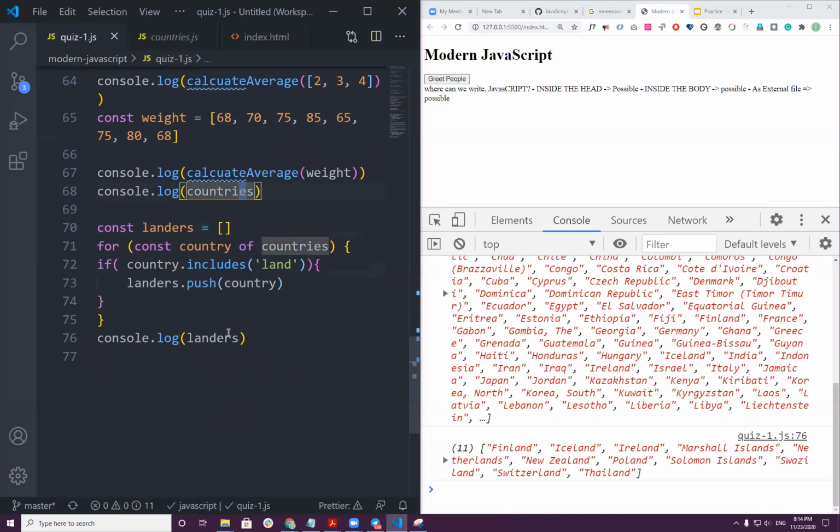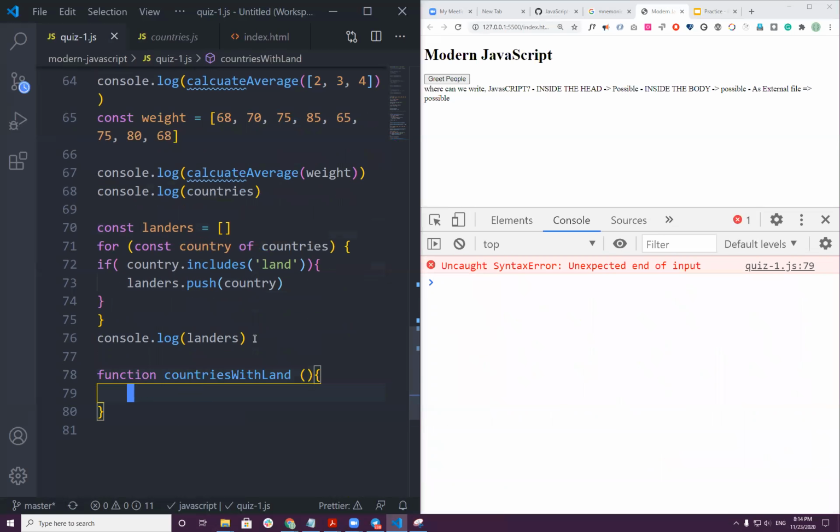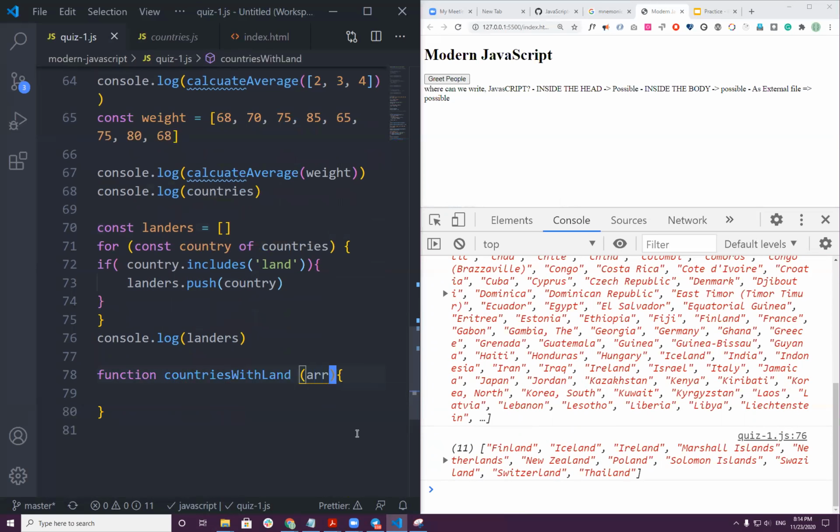So now let's change this to a function again: function countriesWithLand, it's the fancy name. Then I have to pass an array first. Why rewrite everything again?